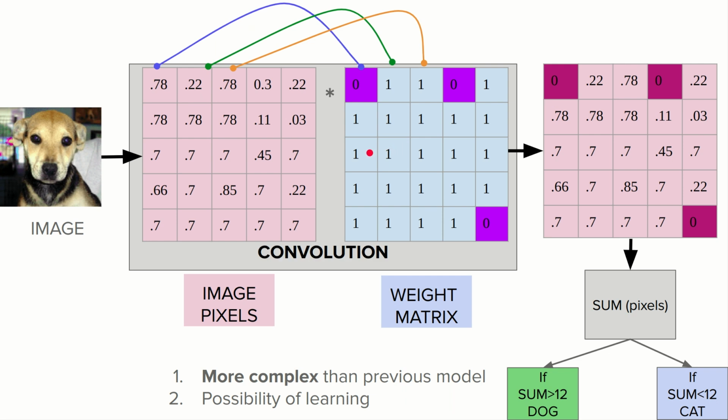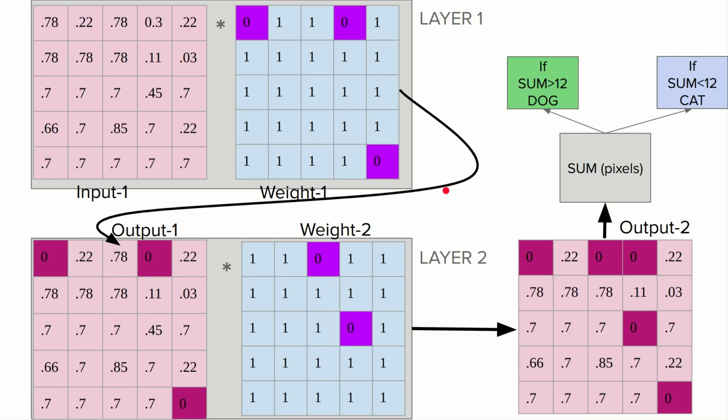In terms of a convolutional neural network, this element-wise matrix multiplication of image pixels with the weight matrix is nothing else but a convolution operation. What is a convolution operation? We'll be seeing it in detail in upcoming videos, but for now you can just understand this as a simple convolution operation where we are doing the element-wise matrix multiplication of image pixels with the weight matrix.